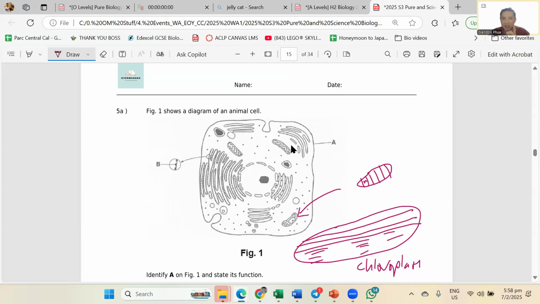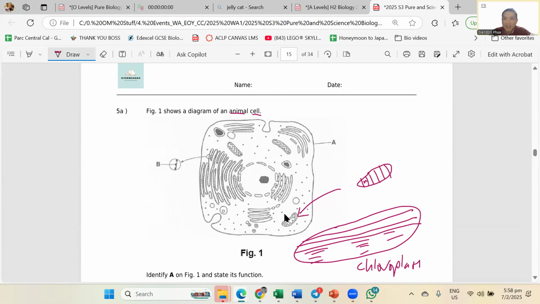For every question on cell structure, the school paper will tell you this thing: animal or plant cell. Make sure you double check. If they don't tell you this, they will give you a very clear cell wall. Then if not for that, you won't know. Okay, then identifying wise, if I had all the time in the world, I'd ask you more stuff, but a bit tough, I cannot. So here, nucleus.